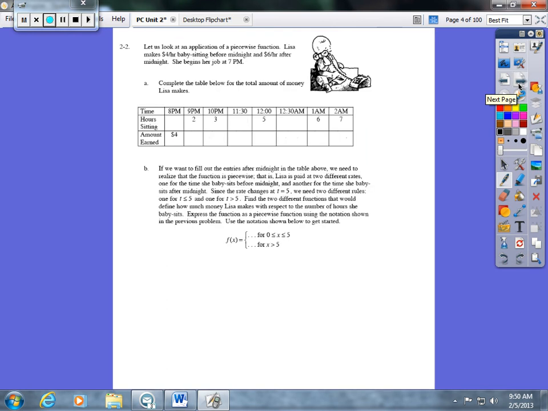Problem 2, let us look at an application of a piecewise function. Lisa makes $4 an hour babysitting before midnight, $6 an hour after midnight. She begins her job at 7 p.m. Complete the table for the total amount of money Lisa makes. Okay, so